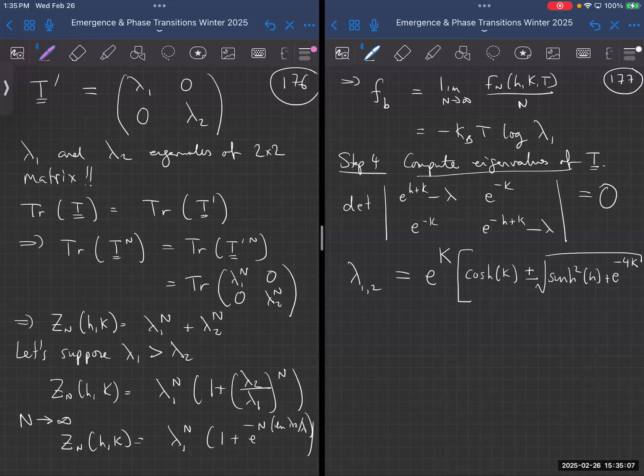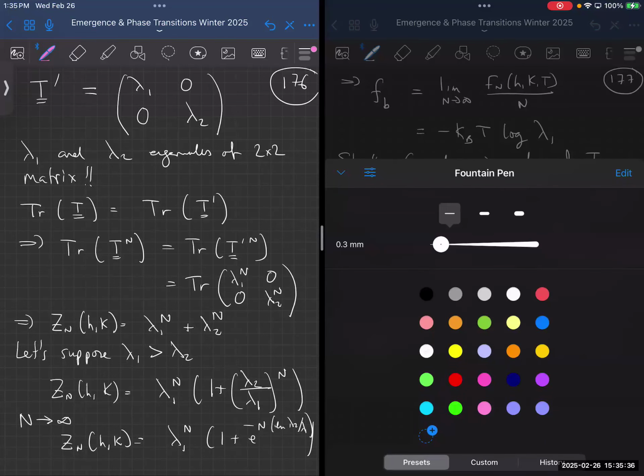And so that means that the largest eigenvalue, over n, gives me the free energy, so that's minus k_B T times the logarithm of all of this with a plus sign, and noting that when I write down k